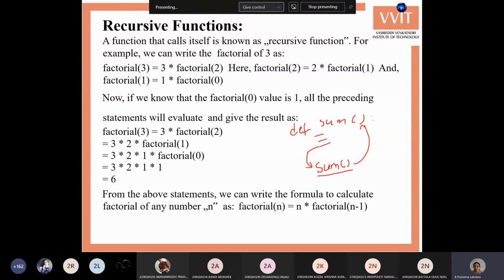In recursive functions, the complete function is executed one more time whenever you call it. So each and every statement in the function can be executed any number of times, repeated continuously until your given termination condition is met.